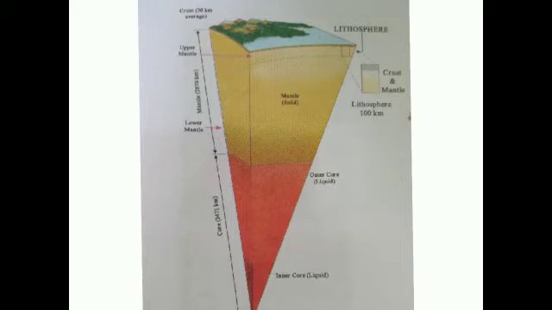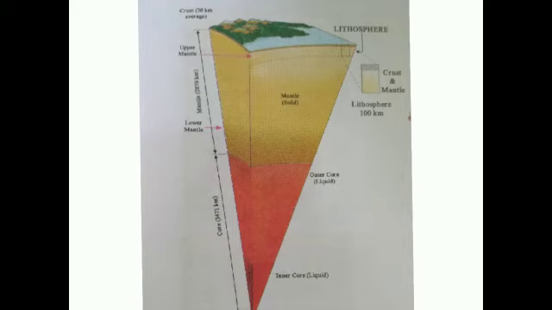So the core is having two types, outer core and inner core. And this core is 2900 kilometer depth from the earth's surface. Depth means deep. The part of the earth's interior extending from mantle up to the center of the earth is the core, and the thickness of the core is 3471 kilometer. Okay, now again the core is divided into two, outer core and inner core.